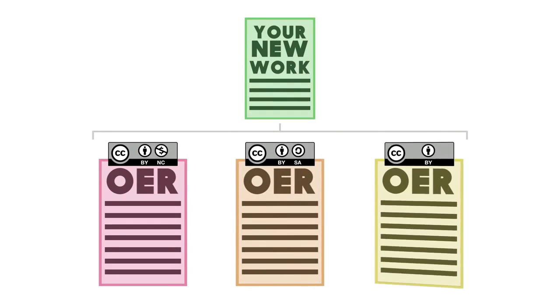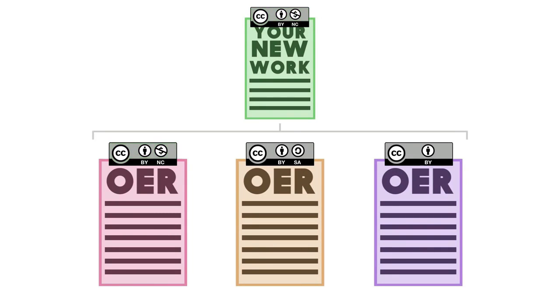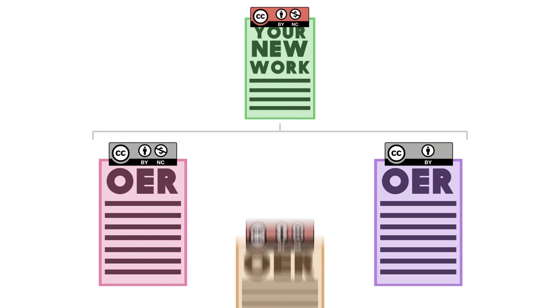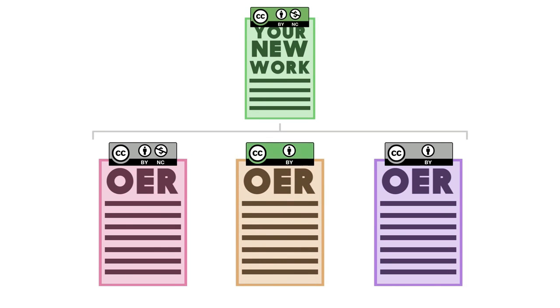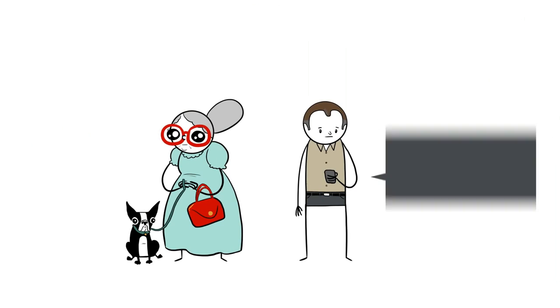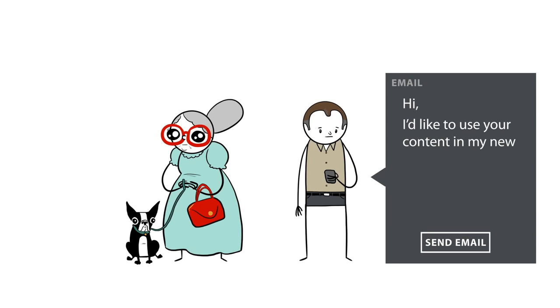If you adapt or derive works offered under Creative Commons licenses, you must not only follow the terms of the licenses involved, but also choose a license for your work that is compatible with the licenses of the works you are using. If a license of a work you want to use is not compatible with yours or another work you plan to use, search for a comparable work with a compatible license, or try to contact the rights holder and request permission to use the work under your license.